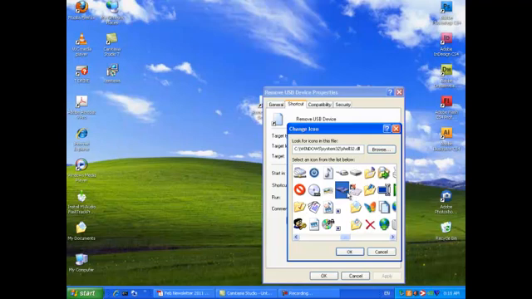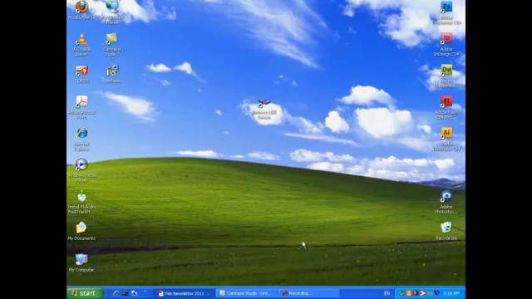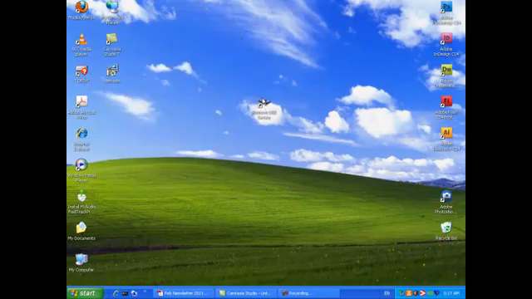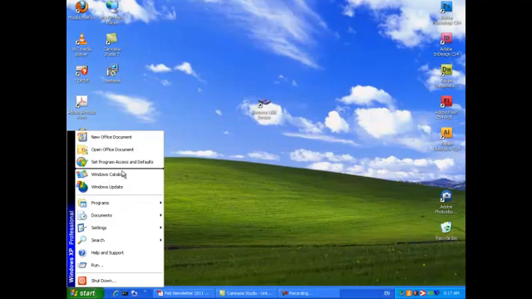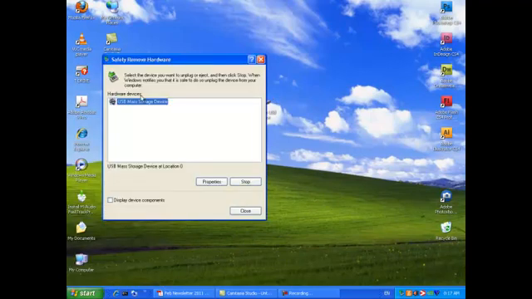So I'm just going to choose one here that I like, click on OK, click on OK again, and it gets that little icon here. Anytime I want to use it, just like before, I just double click on it, I get that option. So if I want this one with this icon in my Start menu, I drag it over top my Start menu, I move it to where on my Start menu I want it, then I release the mouse. It places it there with that icon. And that way from either location I can quickly get into my delete or remove hardware